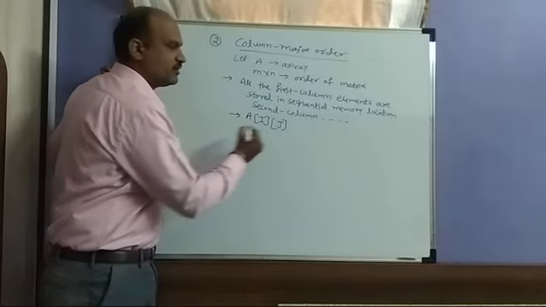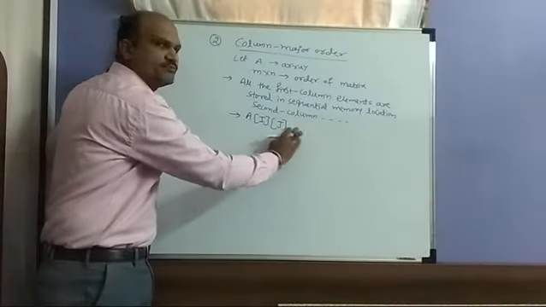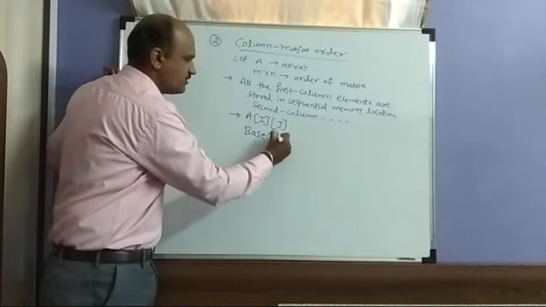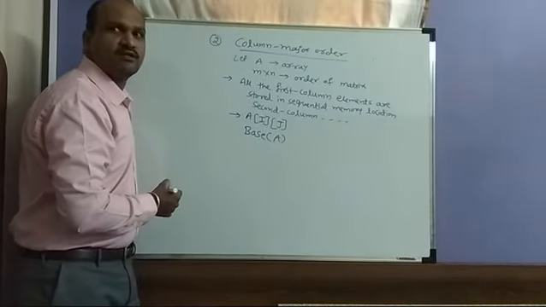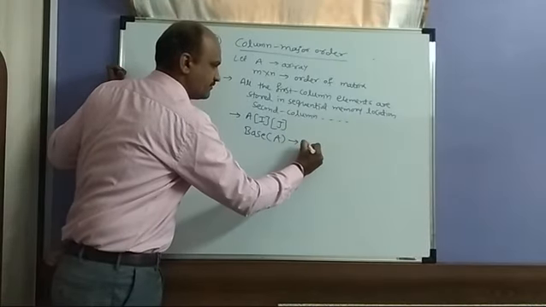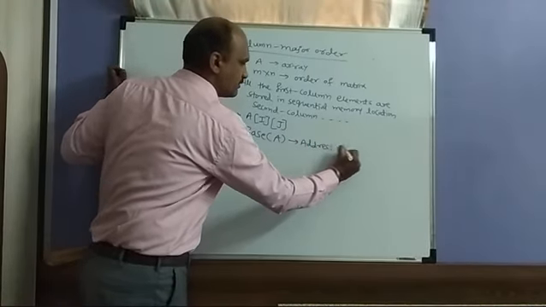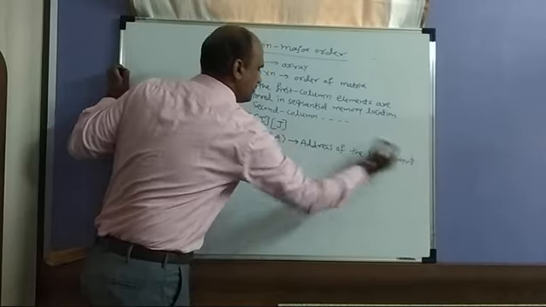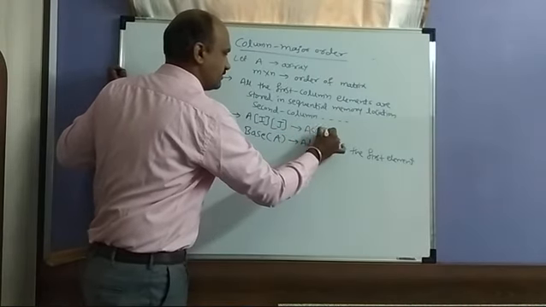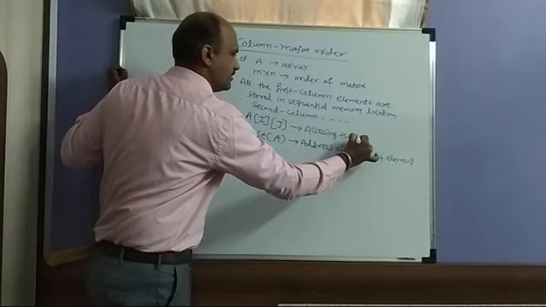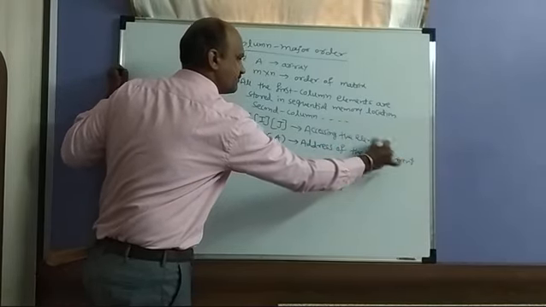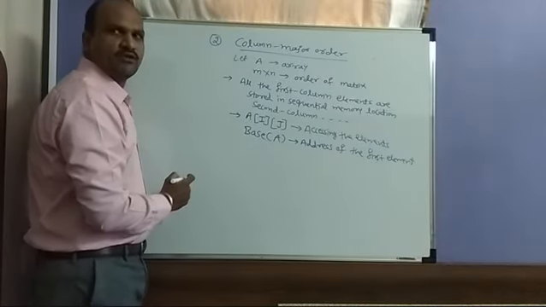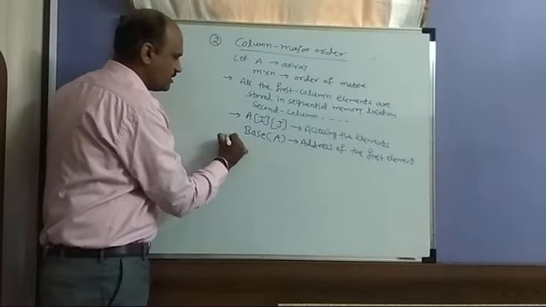Here also, when you go for accessing the elements of A[i][j], when you go for this formula, again you need the base of A, that is the address of the first element. Then it will be accessing the elements, that is A[i][j]. So i means, as I told you, row, j means column. Now, this is the formula for